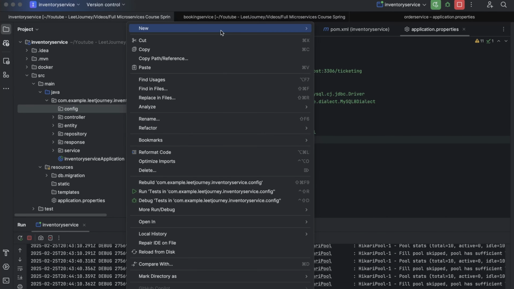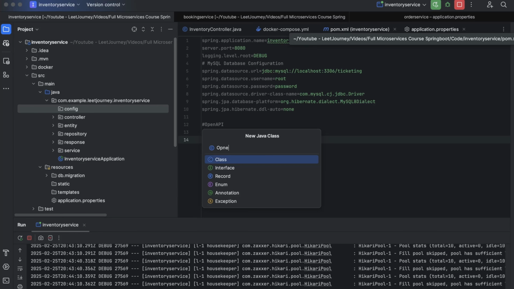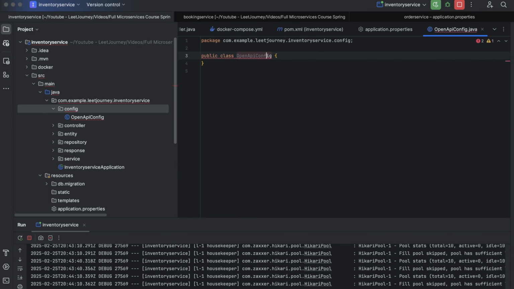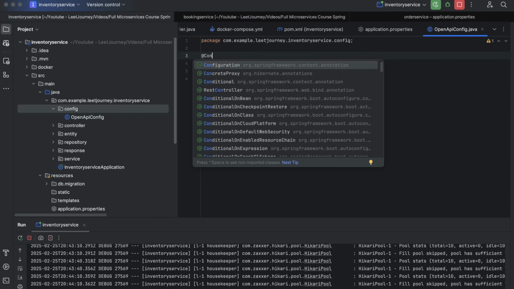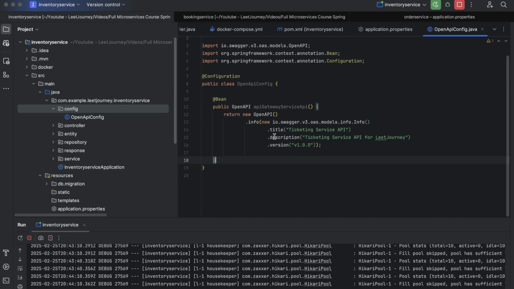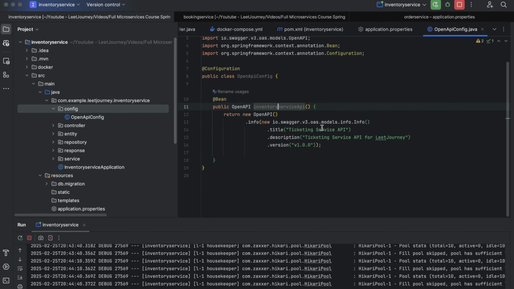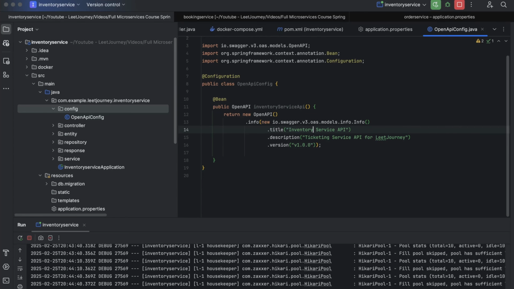So let's call it OpenAPI config, and this is a configuration class. So let's add the tag, and we want to add a new bean that is going to return an OpenAPI object. So actually we want to call it inventory service API, and we want to give it a title. So inventory service API, and